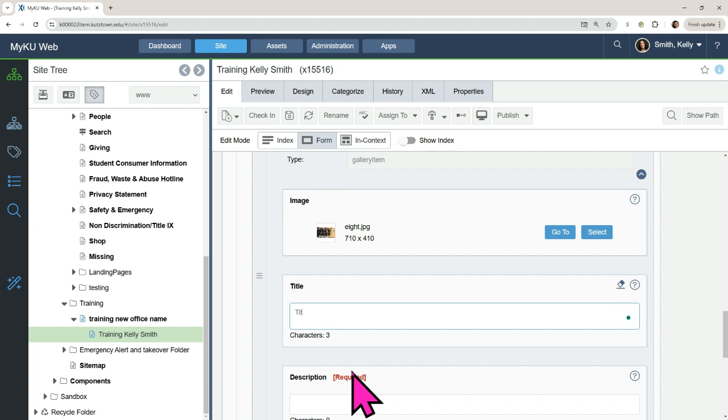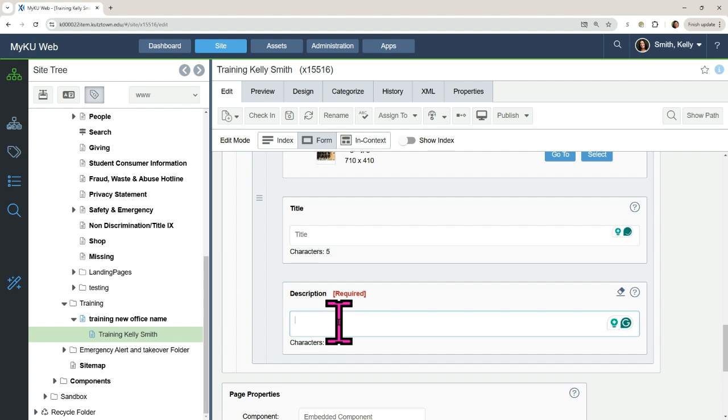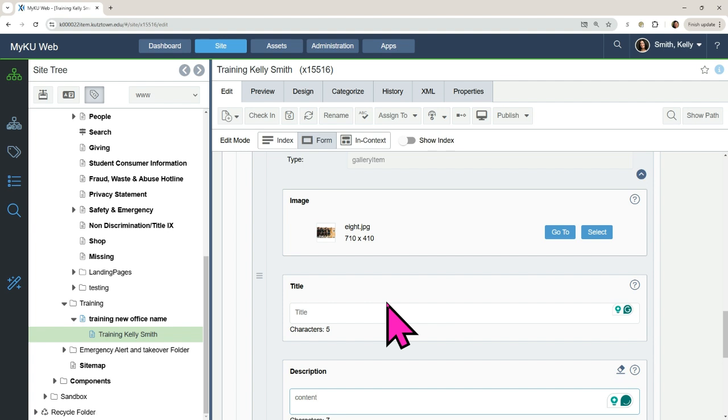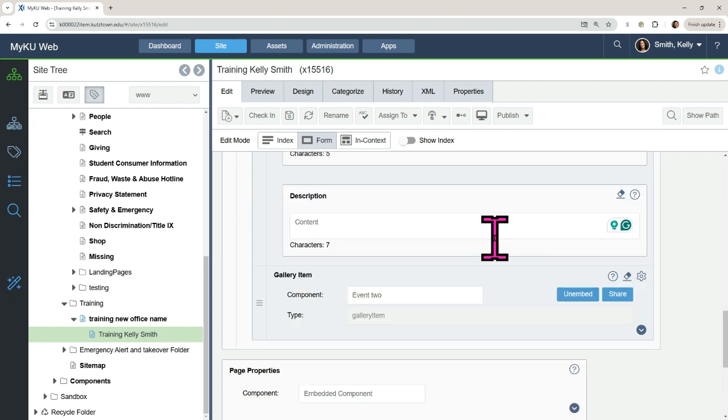I would give it a title and a description for this individual image. Once I have image, title, and description filled out on all my gallery items,